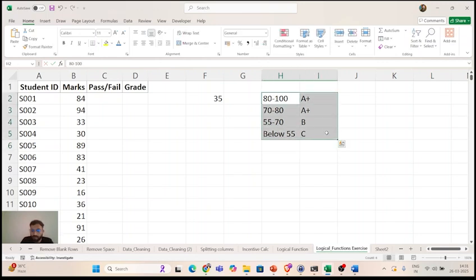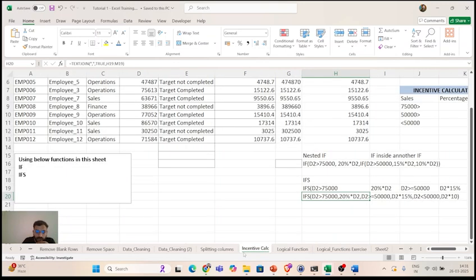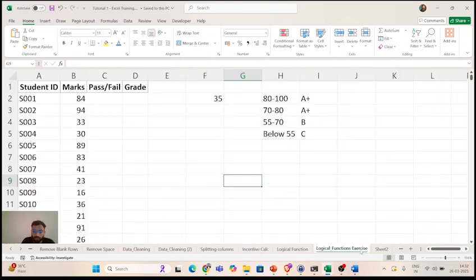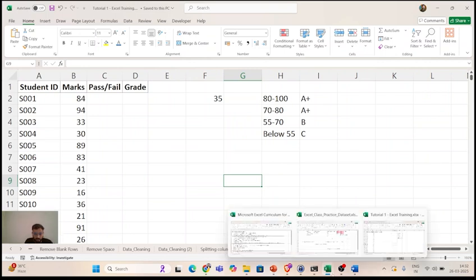So now try using multiple IFs, basically the IFS formula, or try using nested IF, and post the formula in the comment section so that everybody can understand better. This is just a quick exercise to understand the logical functions in a much better way. I know if you're watching this for the first time, it might look difficult or a bit complicated. But please attempt this exercise. I can guarantee you will have better clarity. So there is nothing more which I can cover in the logical functions.